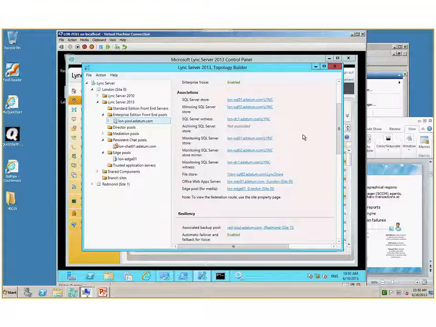Ray, you were asking about consolidation of roles in this case. This is definitely one of the ones that's been consolidated. So the monitoring server now runs on the front-end server. Archiving also runs on the front-end server. Those are two consolidated roles that used to be separate in either OCS or 2010, where you had the services running separately, but you still have the databases. So both monitoring and archiving have been modified, so they run on the front-end servers